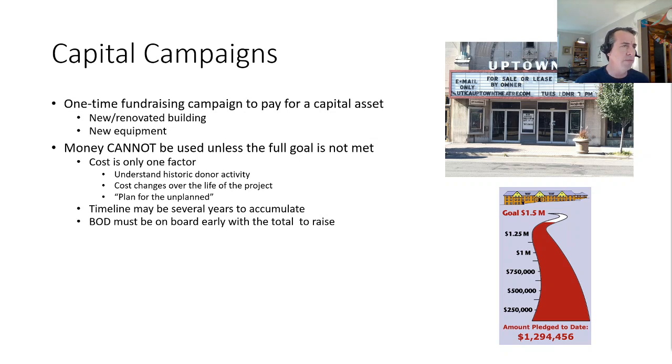But the actual construction cost is only one factor of it. You also have to factor in cost changes over the course of the project, any unplanned costs, construction delays, additional marketing needed, extensions of the time, and that factors into this overall number. Once you have this number, you have to figure out how we can reasonably expect to pay this over a period of time, because you're not going to get it all at once. So that really involves understanding how your donations and your donors tend to work.